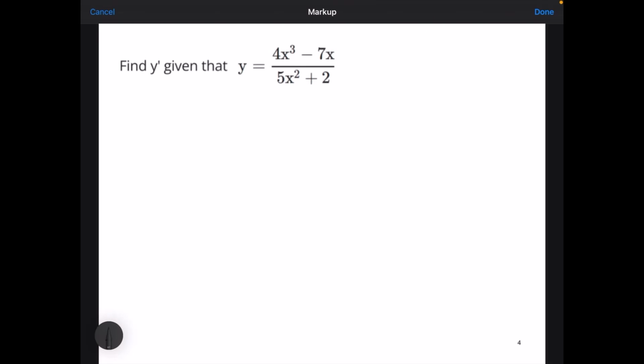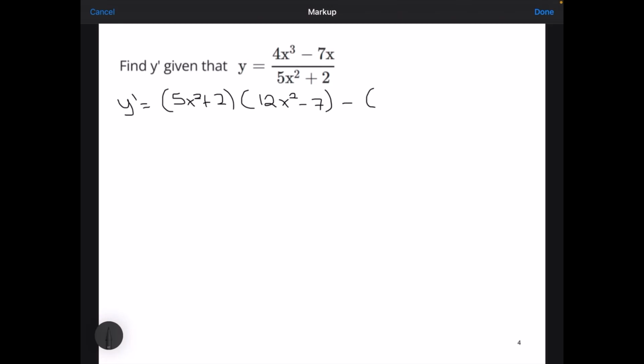Question 4 is a little bit longer, but it's still the same. Find y prime given that y is equal to 4x to the power of 3 minus 7x over 5x squared plus 2. We're just going to start it off like we usually do. So y prime will be copy pasting the denominator, 5x squared plus 2, into the derivative of 4x to the power of 3 minus 7x, which is going to give me 12x to the power of 2 minus 7, minus